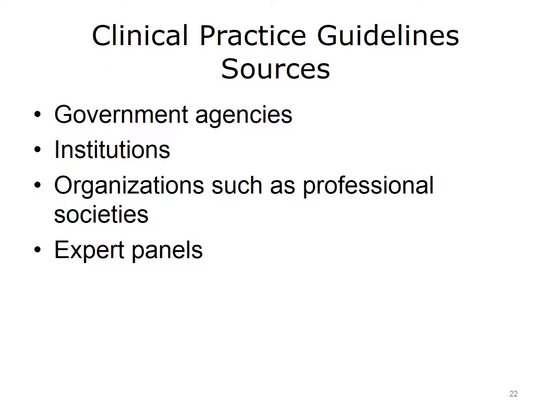As the previous slide noted, there are a number of places where clinical practice guidelines can be located. For example, government agencies, institutions, professional societies, or expert panels may generate them. Clinical practice guidelines can provide a foundation for assessing and evaluating the quality and effectiveness of healthcare in terms of measuring improved health, reduction of variation in services or procedures performed, and reduction of variation in outcomes of healthcare delivered. Clinical or practice guidelines usually cite references from a research study whose findings were used to support the recommendations as